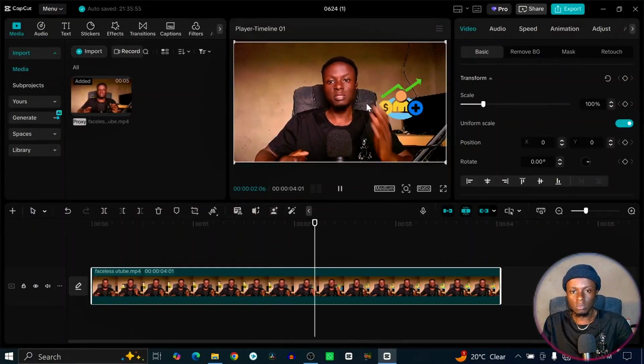In this video, I'm going to show you how to stop freezing or lagging in CapCut when you are editing. And you don't need any graphics card or GPU to be able to do this. Just to show you that I don't have any graphics card and I am able to edit all my videos